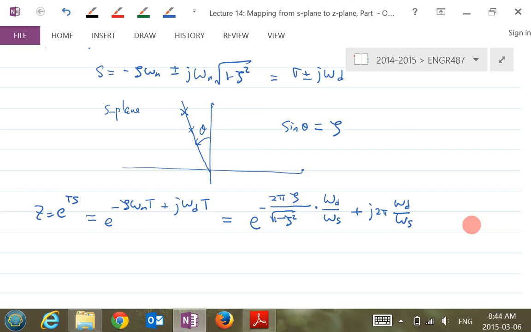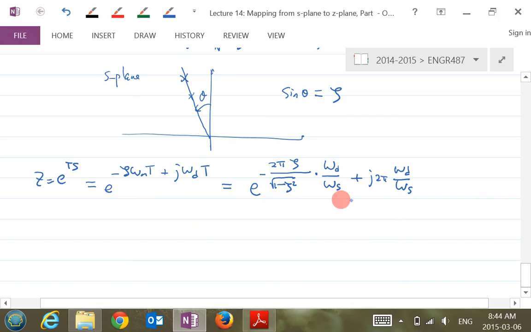Okay. So that's the manipulation that I was talking about here. If I look at this based on the manipulated expression here, then for this one, what is the R here? The R for this mapping, after the mapping, the pole for the R is what? Basically e to the power of the first term, right? e to the power of the first term. Okay, so e to the power